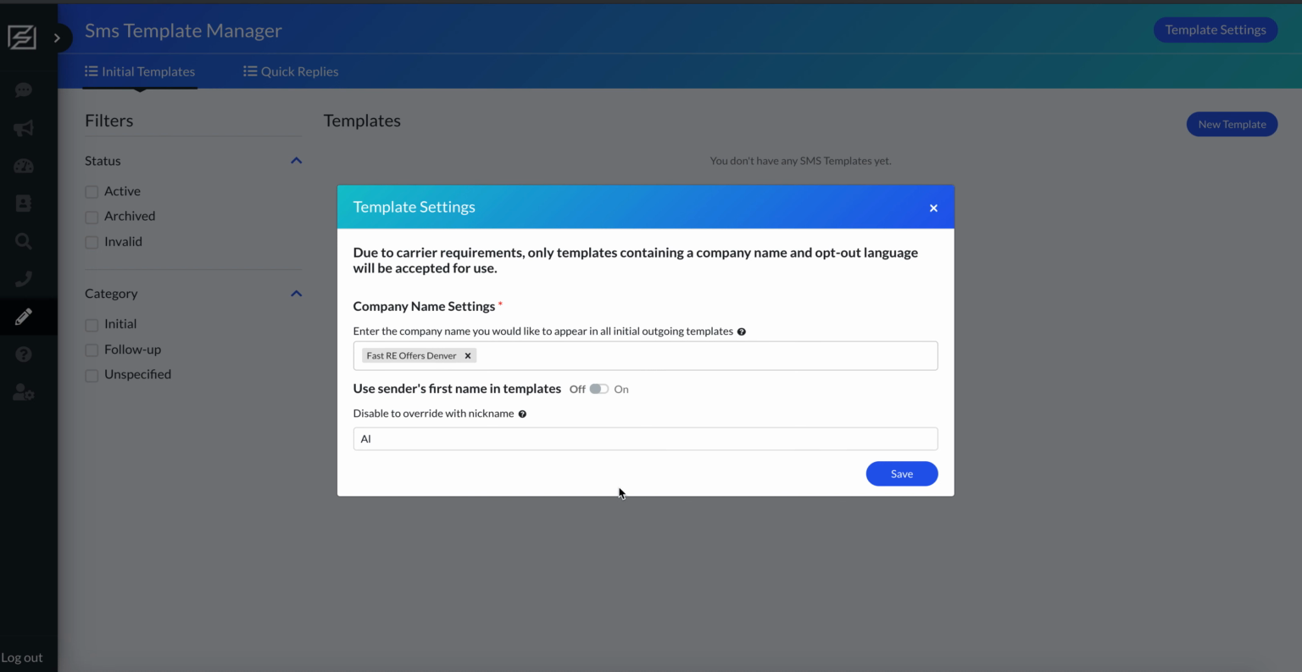And then here in the second setting, we have the option. There is also a merge tag for user first name. You don't have to use it, but if you are using it, you can have this toggled on if you want whoever's sending the message, if you want their first name to be used. So if I'm logged in as Allison, it will merge in Allison. If Jason's logged in, it will merge in Jason. So if you want it to be the actual first name of who's sending the message, you can have that